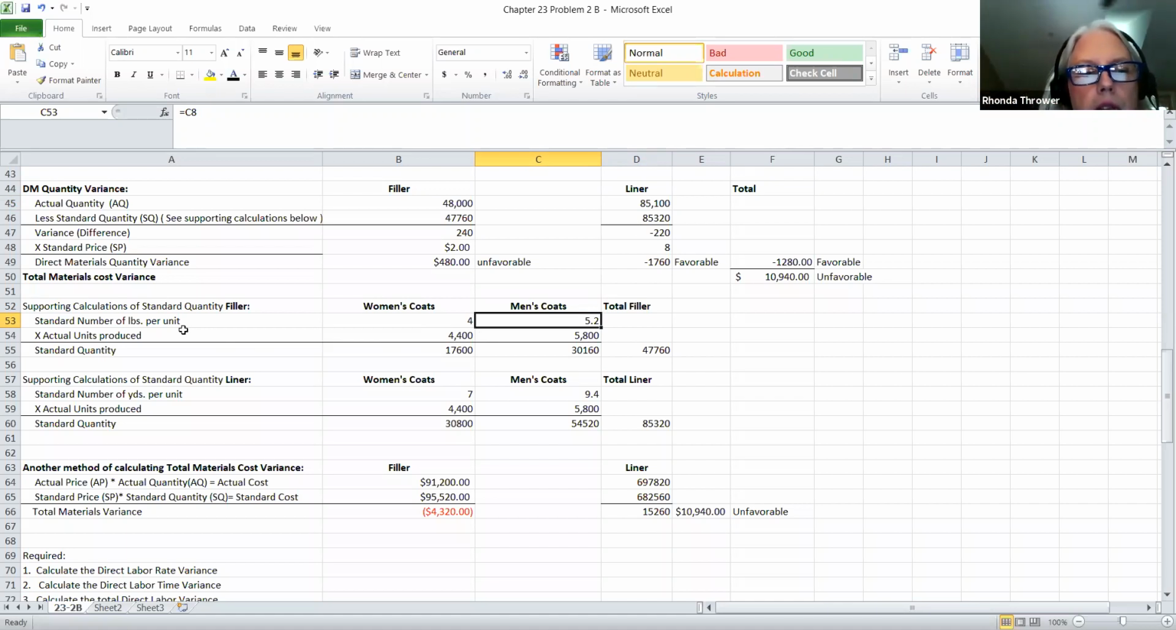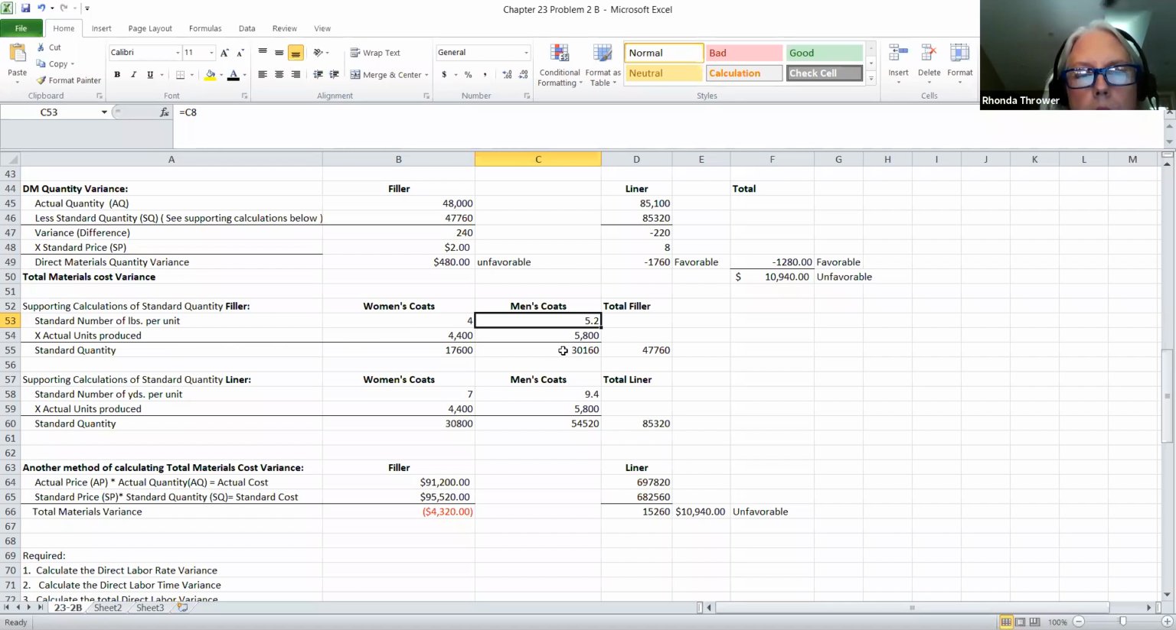We're simply going to take our standard number of pounds per unit, which was 5.2 pounds of filler, and multiply that by the actual units produced. This 5.2 was given in the information above. The actual units produced was also given in the information above. Just look for it. And then when you multiply the two of these, the standard quantity of the filler that is needed for the men's coats is